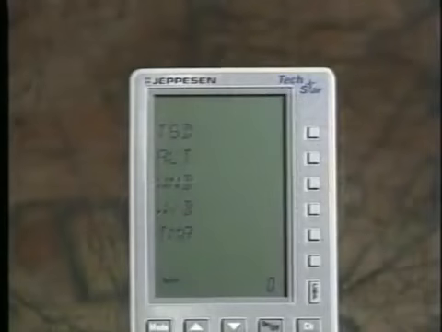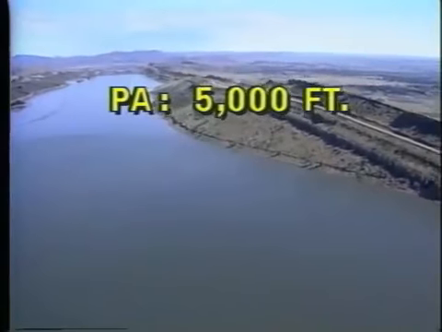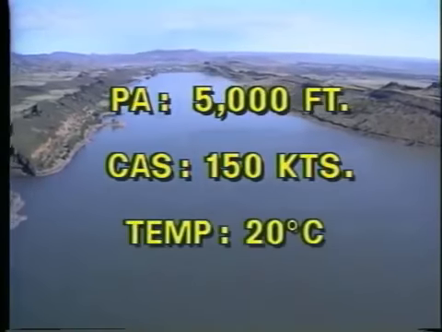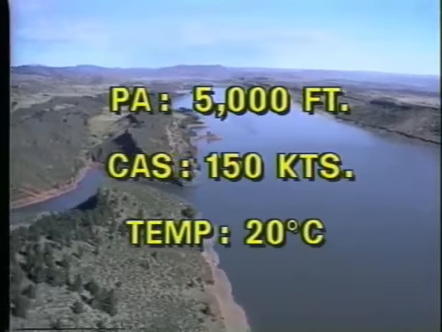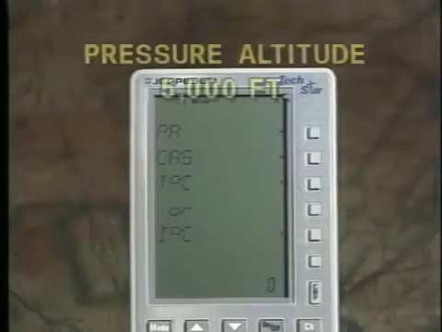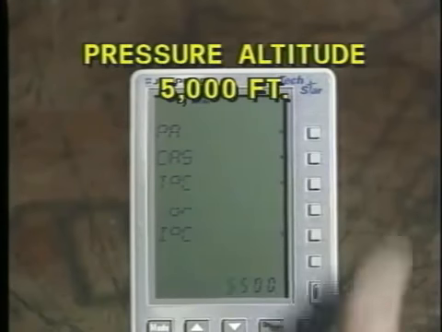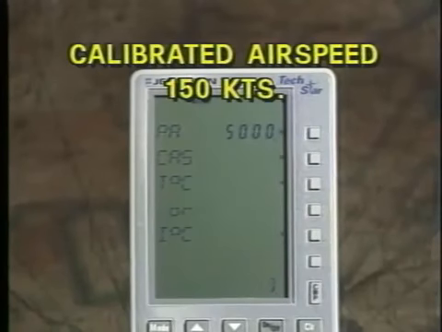As a sample problem, let's determine true airspeed, or TAS. Assume the pressure altitude is 5,000 feet, the calibrated airspeed is 150 knots, and the temperature, which was determined from a winds and temperatures aloft forecast, is 20 degrees Celsius. First enter 5,000 feet into the pressure altitude parameter line, labeled PA. Next, enter the calibrated airspeed